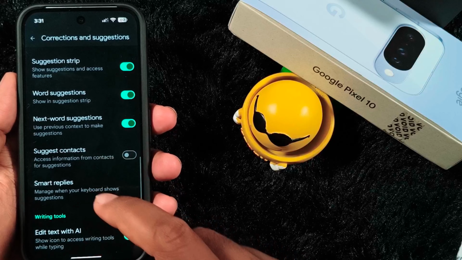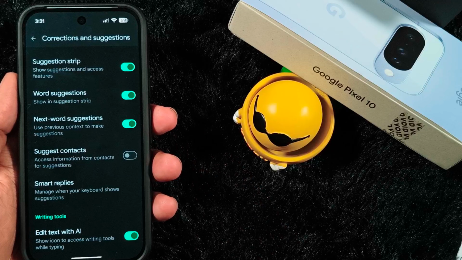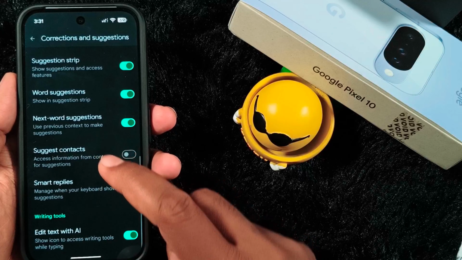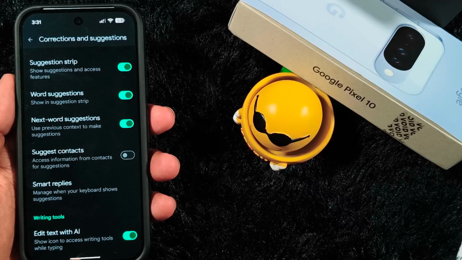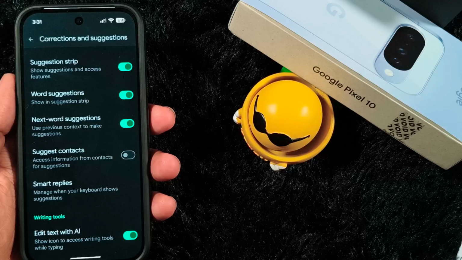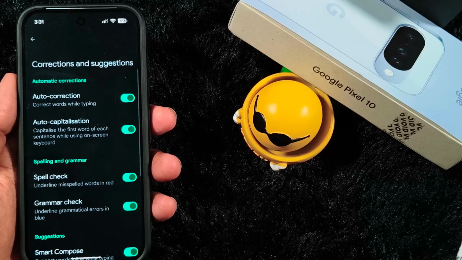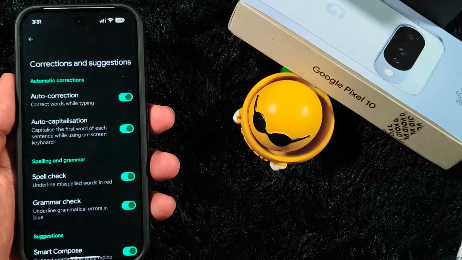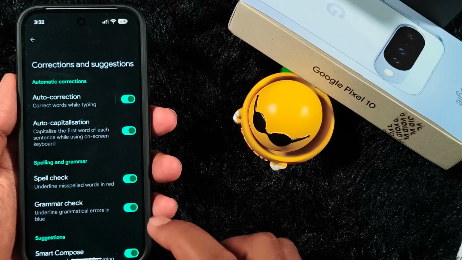So you can see the list of different available next word suggestions. This will use previous context to make suggestions. So you can see the list of the different options to edit text with AI, and an icon to access writing tools while typing. So these are all the important features you need to turn on or off in your Google Gboard for the correction and suggestion